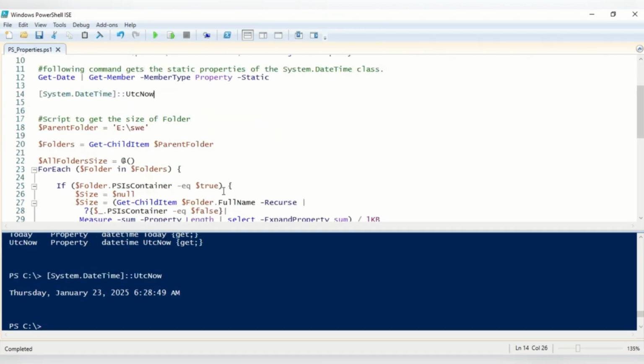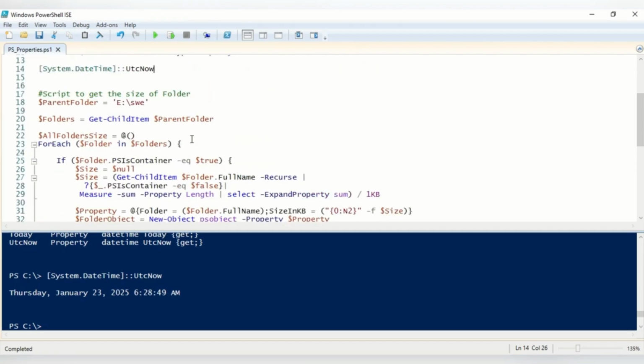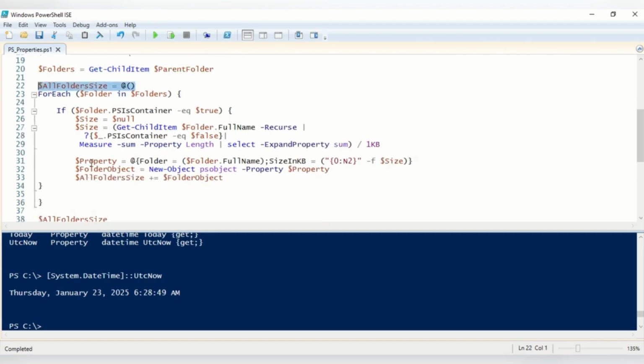So it is a simple example of creating the properties of a file. What I am doing is just getting the size of the folder. This is a parent folder. Then I get the items of the folder and assign them to a variable. Then I loop through it, and I have created a hash table here. For each value, I'll get the size, a child item, full name, recursive, and container, and just check the value, measure the sum, then convert it to KB, and then store it in the value like size and the folder name. And once it is executed, you can see I have created an object here